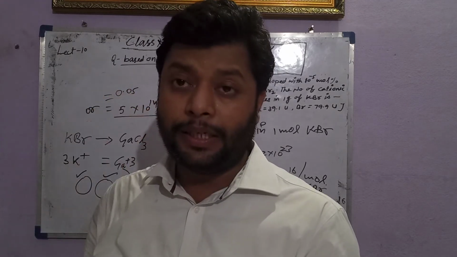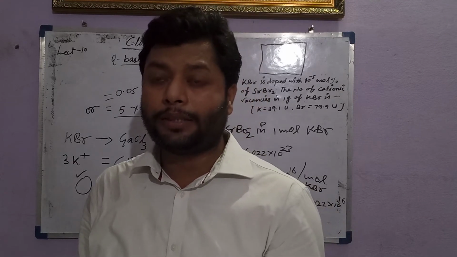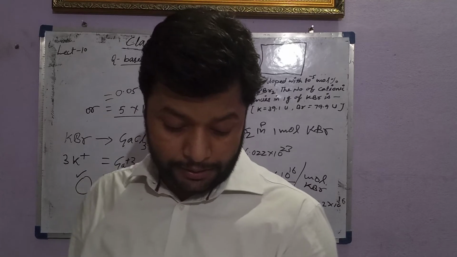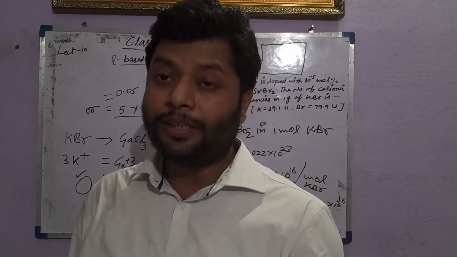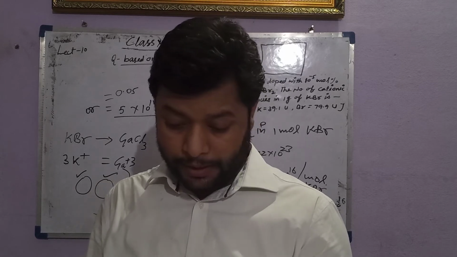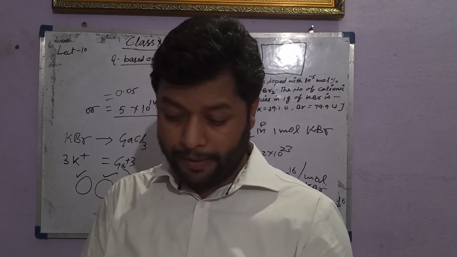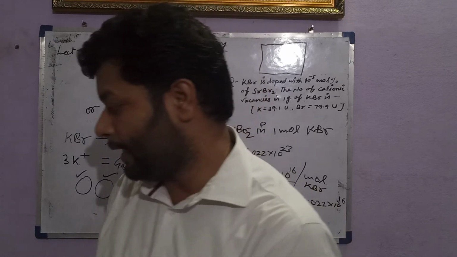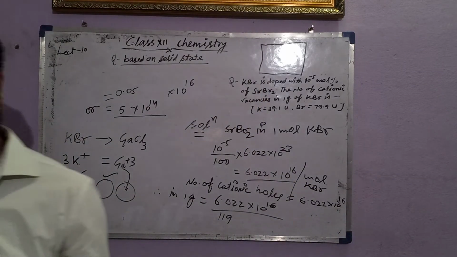Calculate the efficiency. Efficiency is the packing fraction; depending upon the packing fraction, FCC has the most efficiency. Then you can solve the density numerical. I am attempting one of the important numericals from there, question number 16. We'll solve question number 16, okay? That is one of the important questions we have.